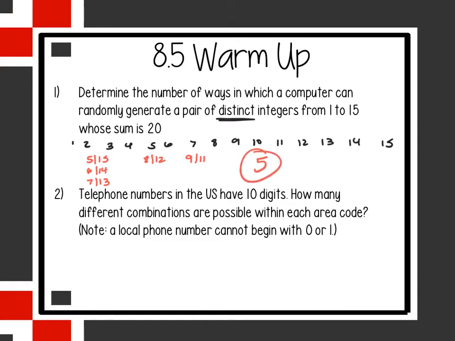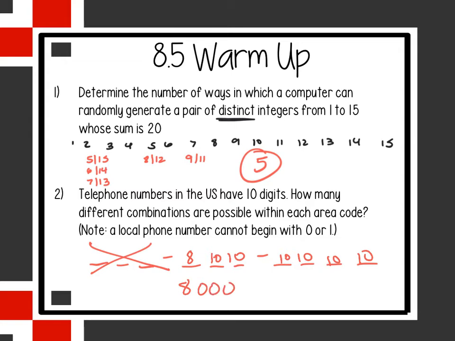Number 2 says telephone numbers in the U.S. have 10 digits. How many different combinations are there possible within each area code? So the first 3 numbers are my area code. And then there's 7 digits after that. So it's saying if all of this was the same, what would be the number after that? Okay? And notice that a local phone number cannot start with 0 or 1. So how many numbers do you have for your first blank? 8, then 10, then 10, then 10, then 10, then 10. So 8 and 1, 2, 3, 4, 5, 6 zeros, which would be 8 million different phone numbers